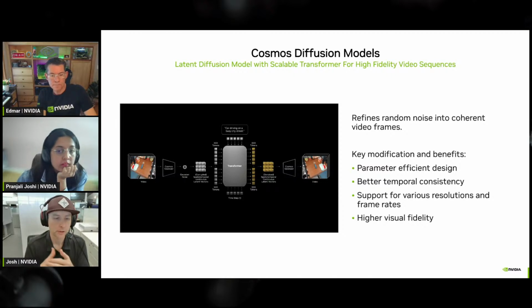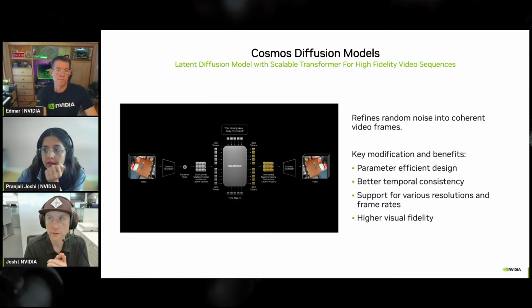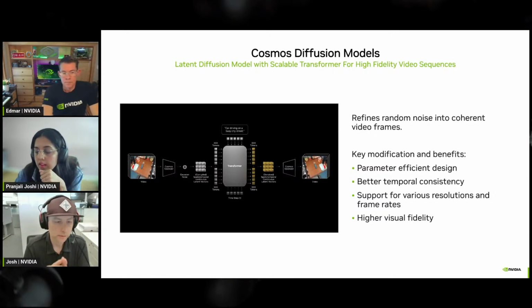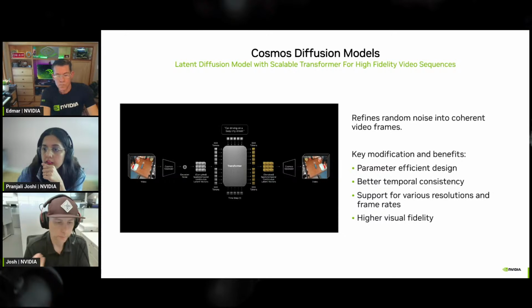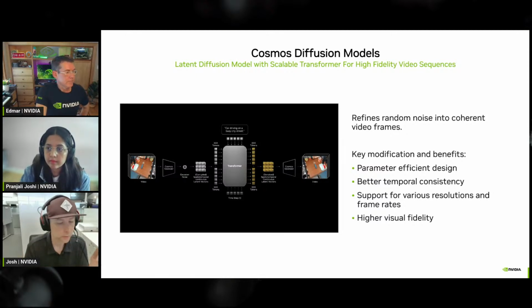So we're trying to build physical AI. We're trying to accelerate that development. And so how can we do that? Well, one option is in downstream tasks, perception models, policy models. Say we need to improve object detection robustness on an AI model. Say it doesn't know what certain situations or elements are in the physical world. Cosmos can be leveraged as a synthetic data generator. And there's various ways you could go about this.